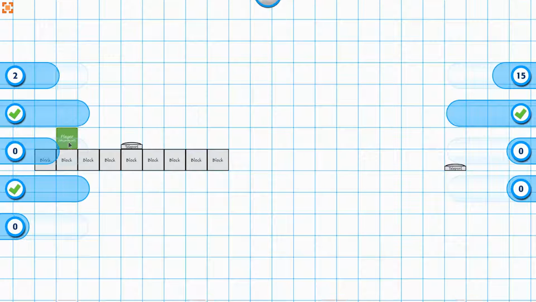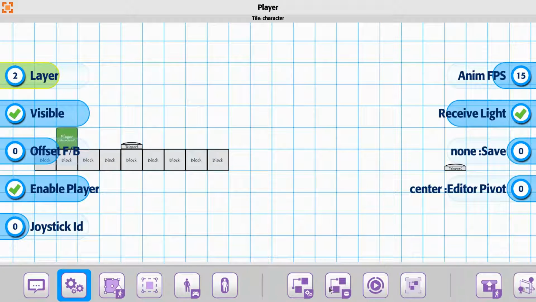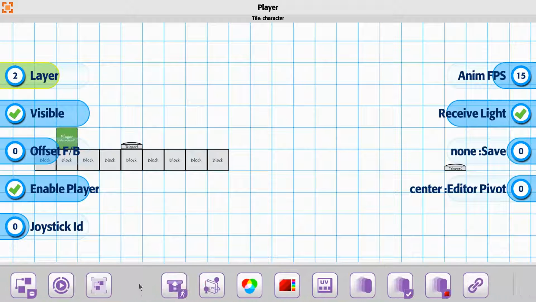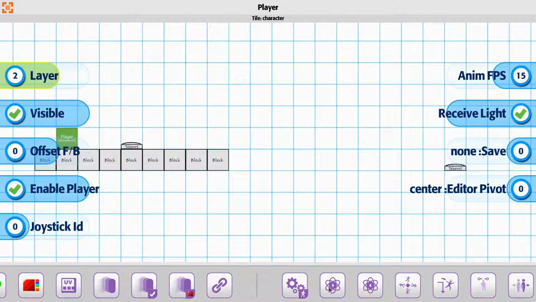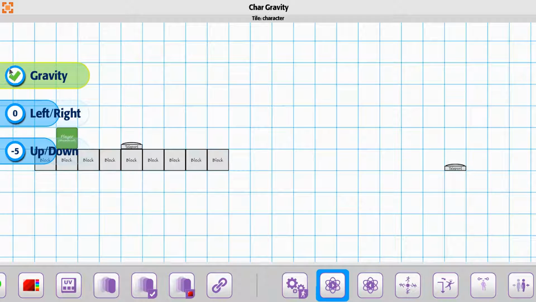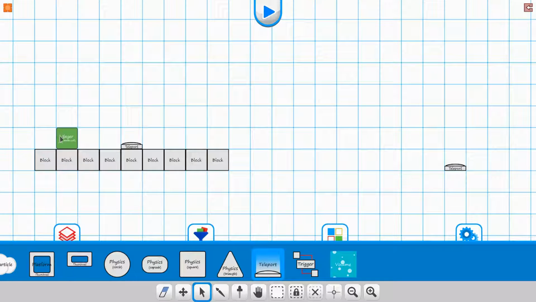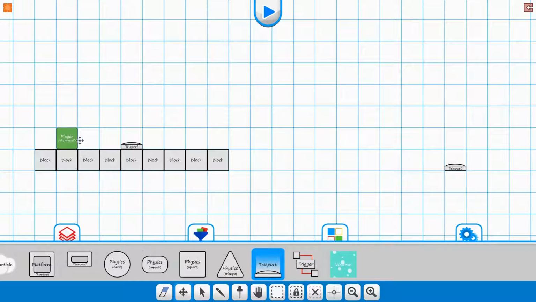If you place a character in the scene, let's go ahead and just turn his gravity off. So we'll go to the properties and go to gravity, and I'm going to turn gravity off on the player here. Alright. And then with some blocks, let's just assume for the moment, say,